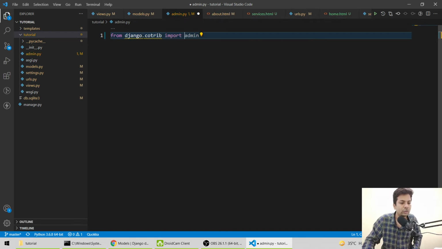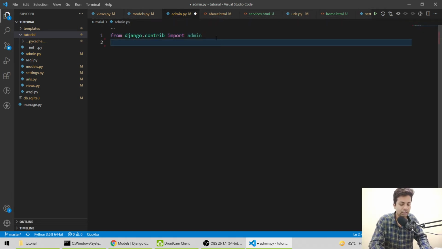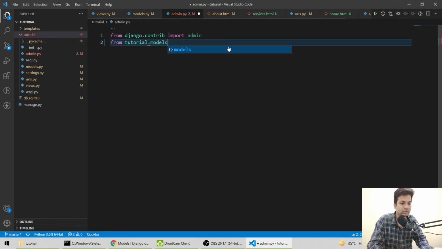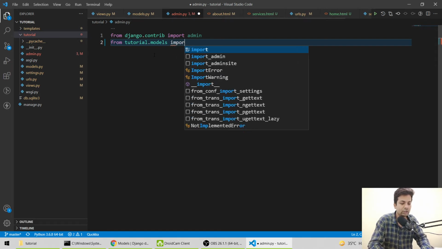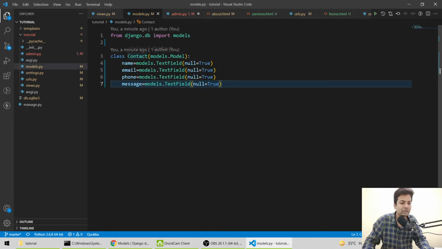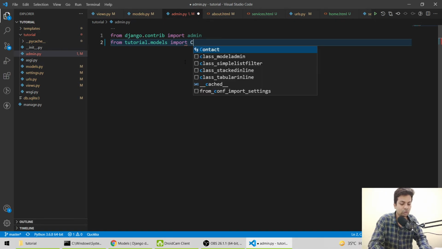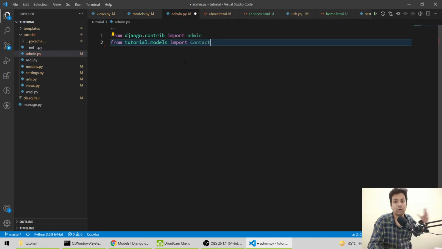From django.contrib, yeah, import admin. Then we have to import this model. For that, we'll say from tutorial.models, because our file name is models, and import, what is the model name? Let us go and check. It's Contact. So we'll say import Contact. That's how it's done.